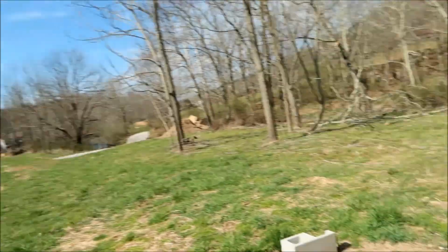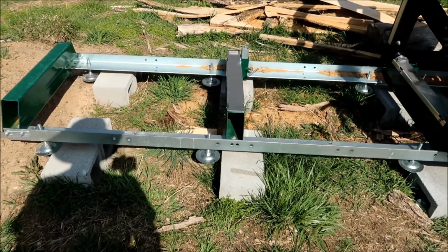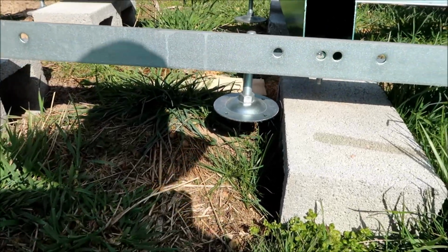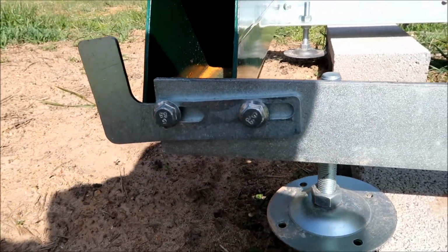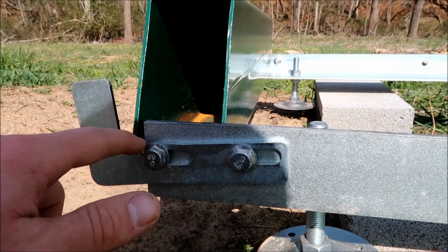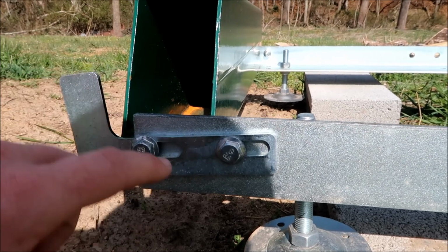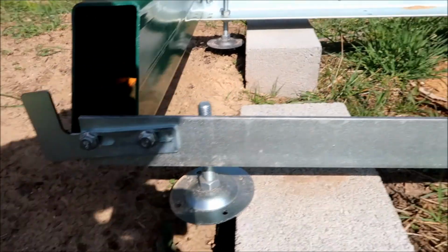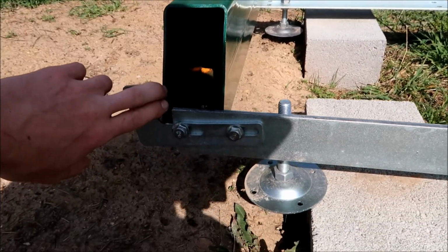So, as far as I can tell, and of course I wasn't here when it happened, I can make a pretty good assumption that the mill came flying down to this end of the track. And I don't know if you can see it or not, but there's actually a little bulge in this stop here at the end, right in there. It kind of bulges up a little bit. So what I think happened is that the sawmill came flying down to the end of the track, hit here,